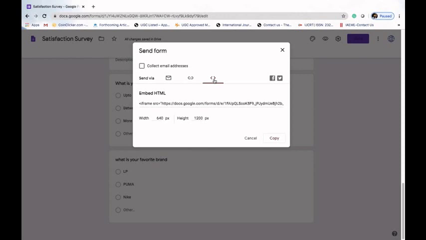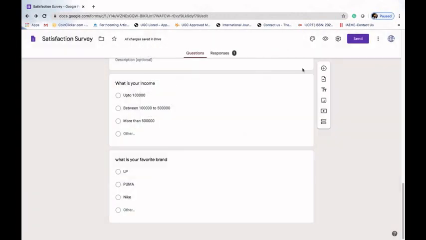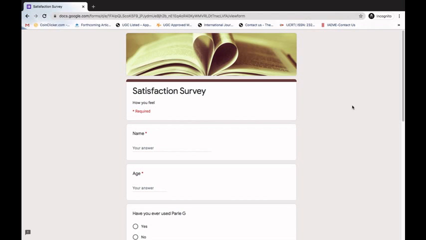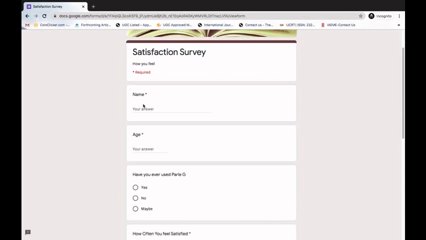to fill the form. So now I have already shared this form, and here you can see there is one response. That means I have already filled the form, and I'm filling the form again by using another email ID, so that we can check how the responses from different users can be checked. Okay, so here I'll add my name as XYZ. My age is, suppose, 25 in this case.